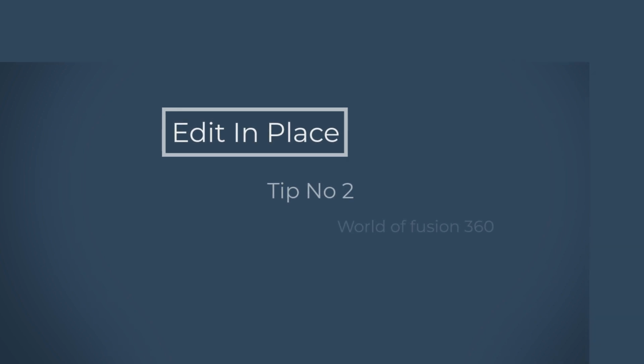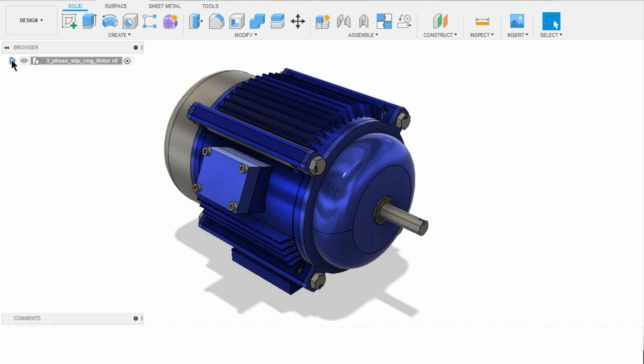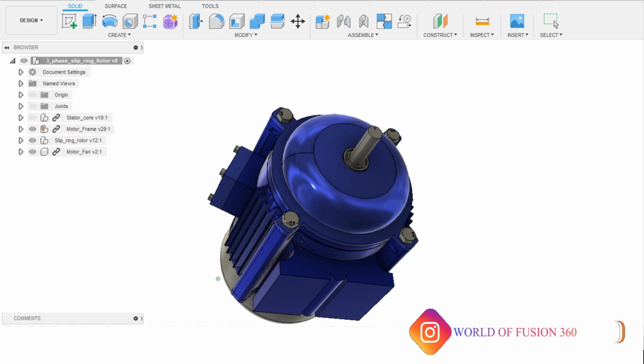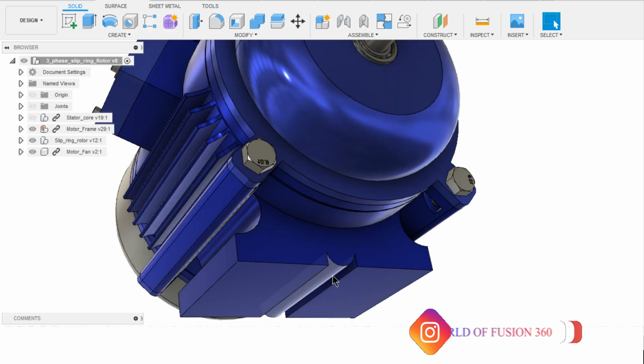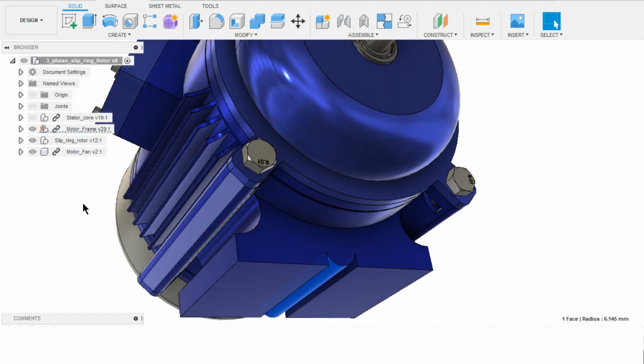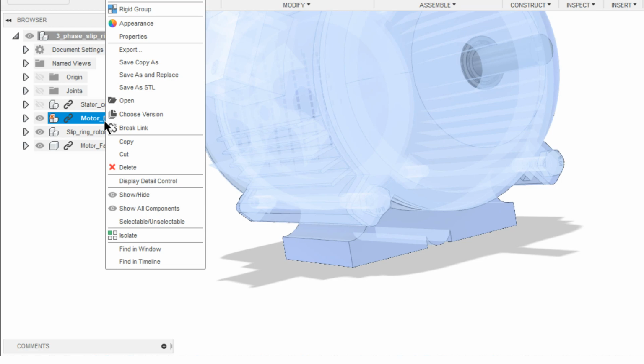Edit in place. You may have imported components from different projects for assembling it. Every time you do this, it means that this component wasn't created in the real project which you are working on. In order to make modifications for linked components, you might be opening the component separately, but now there's no need to open it. You make modifications here in this project. I'm not lying. Here's how you can do that.